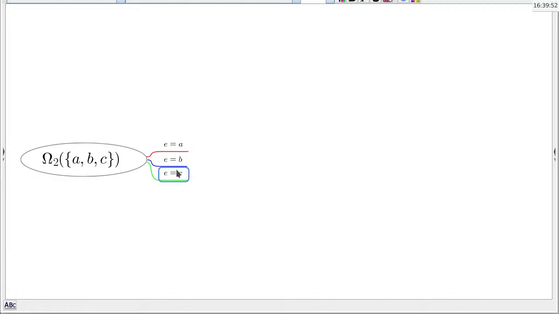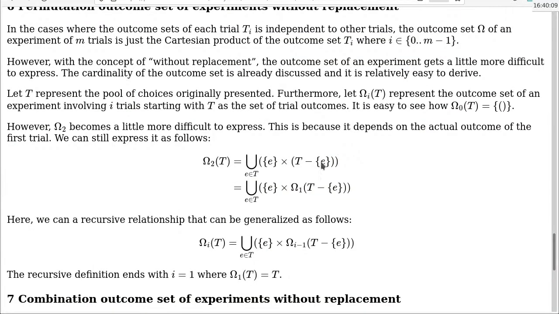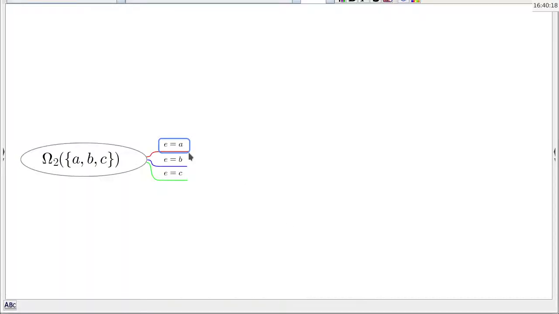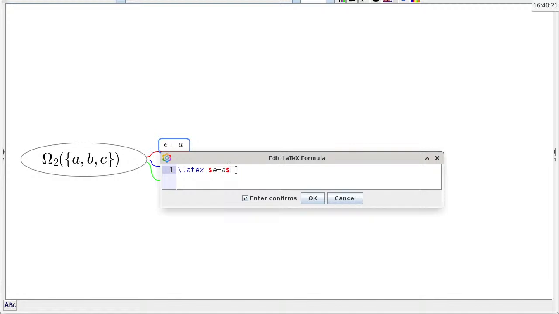Yes, Jonathan is correct because at this point the bag has A, B, and C in it. So the outcome can be A, B, or C for the first trial. So now what we're going to do is to expand it so that we figure out what is omega I minus 1 of this particular set here. So we're going to expand this particular expression, and then we'll say we need to figure out, okay, what is